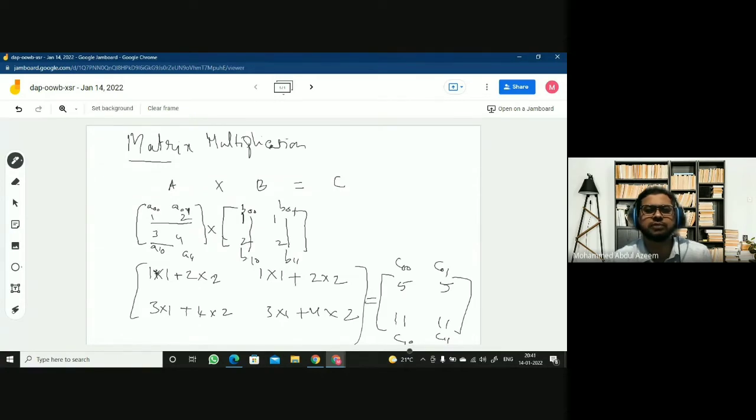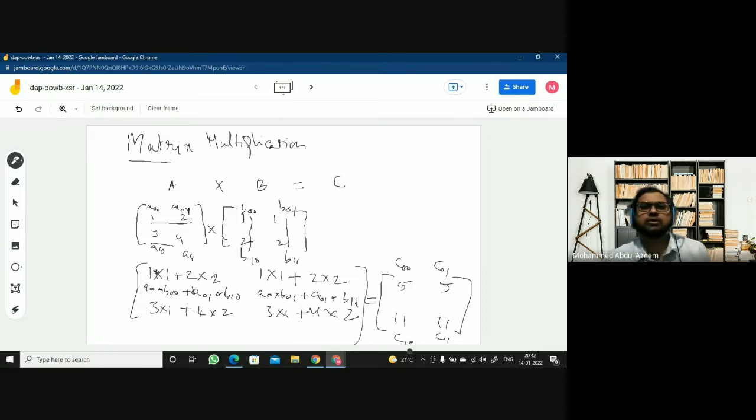A00 is multiplied into B00 plus A01 into B10. This is what you have done or not? Similarly, when you are multiplying this row with the second column, this is nothing but A00 into B01 plus A01 into B11. Yes or no?